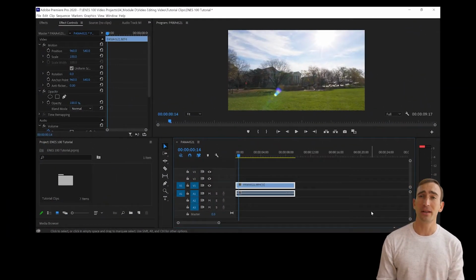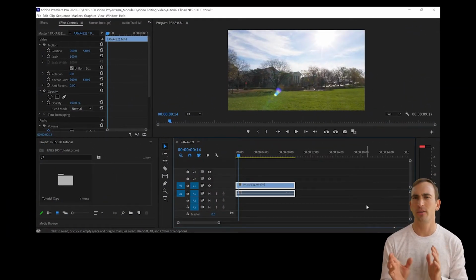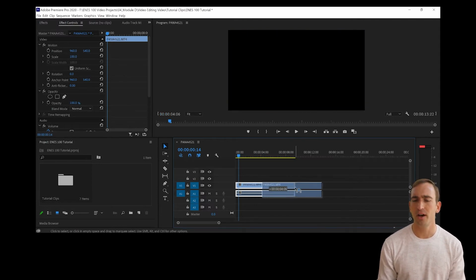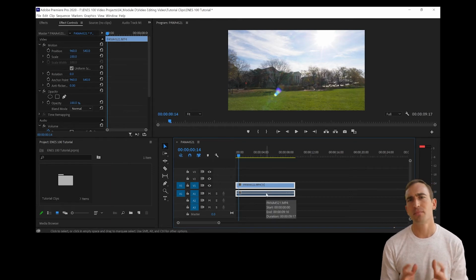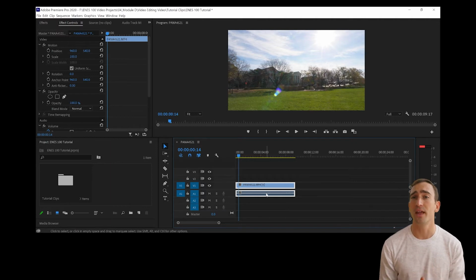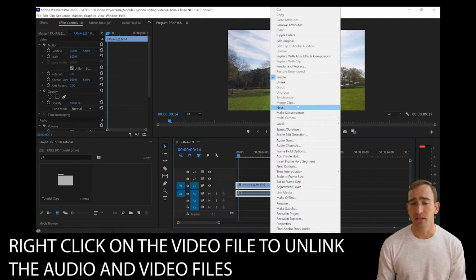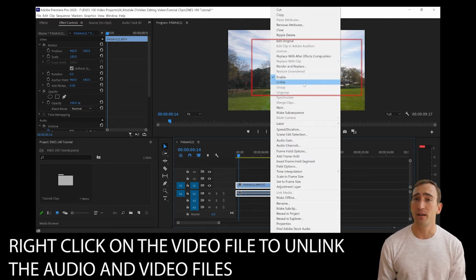Now that you've learned a little bit about the basics of trimming a video file and moving it around, there's one other important thing you might need to know, which is linking and unlinking the audio and the video file. As you can see, as I move the file back and forth, both the video and the audio move together. Sometimes you have video clips where you don't care about the audio at all, so you might just want to remove that altogether. By right-clicking the video file, you can see that right beneath the Enable button,